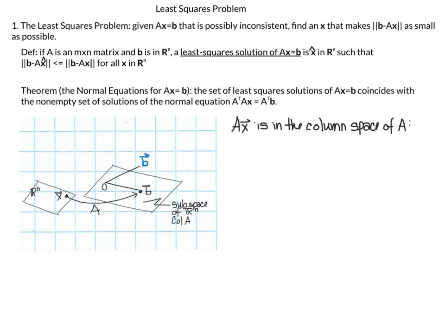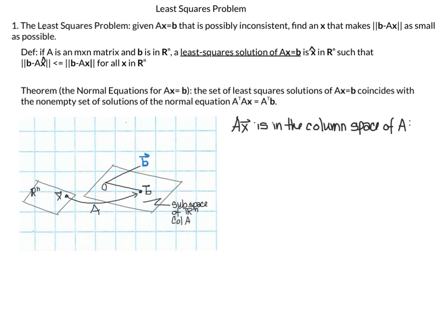And we're asking, when we have this equation here, how do we find an x that maps to this blue b? And the answer is, well, since A maps to this subspace here, there's no x over here that will map to this blue b, because this blue b is not in the column space of A. So what we want to find is this vector b here in the column space that is closest to this